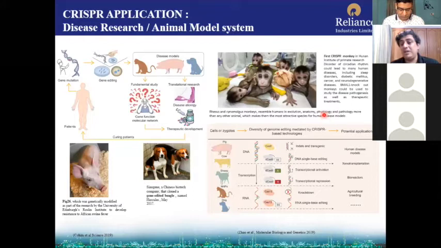Similarly, people are using CRISPR-Cas9 for animal model systems and disease research. So these monkeys, rhesus and cynomolgus monkeys, resemble humans in evolution, anatomy, physiology, and pathology. So they are widely used. This picture is from one of the research outcomes where the BMAL1 gene is knocked out.